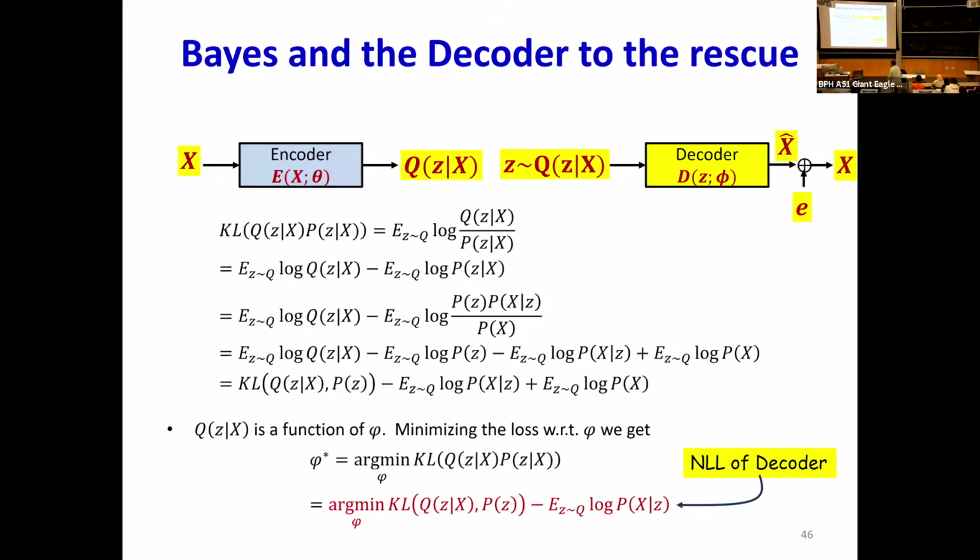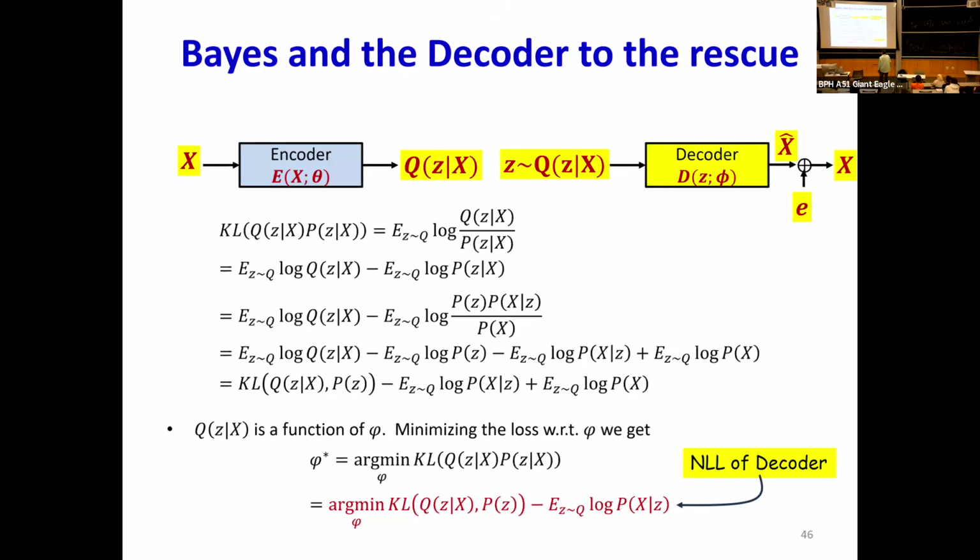And so when I do this, I'm going to end up with the expectation over all z's from Q of log of Q minus log of P of z minus log of P of x given z plus log of P of x, right? Is this making sense to you guys over here? Now, if you take the first two terms, they look like just the second line in the slide. So the first two terms just give me the KL divergence between Q of z given x and the P of z, which is the universal standard Gaussian, right?